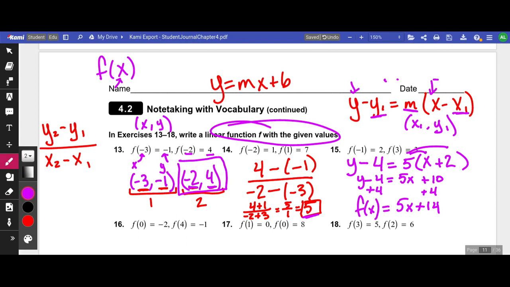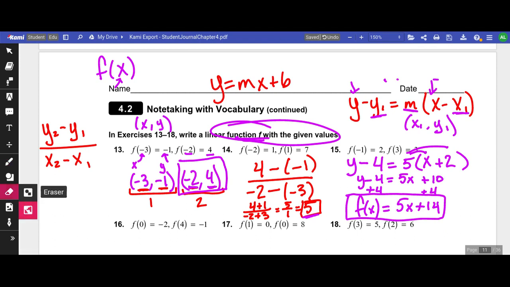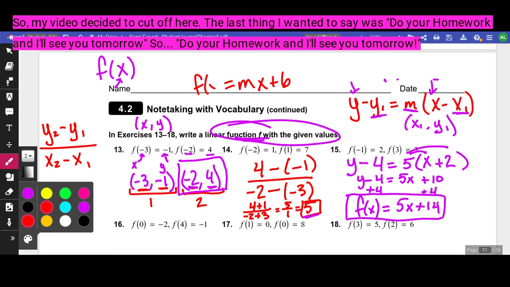You'd graph it the same way, but if it's specifically asking for a function, you want to put it in function notation. Remember, all that means, take out the y. So like over here in the slope-intercept form, take out the y and replace it with f of x. Okay. So go ahead, really all I have